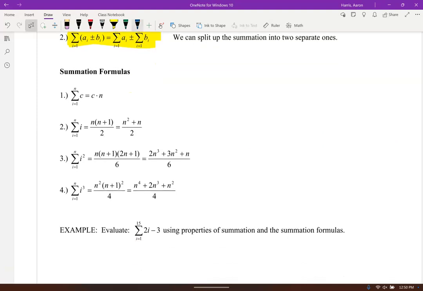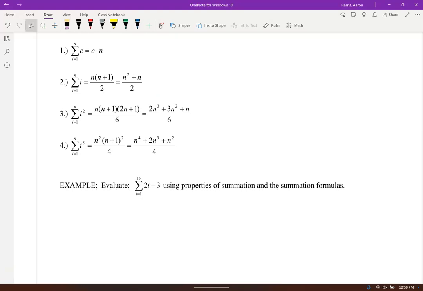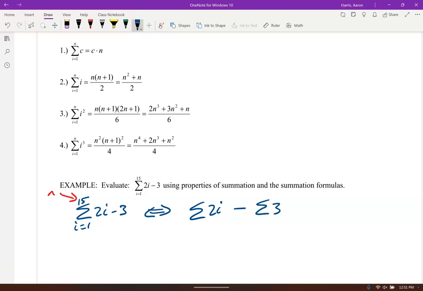And let's go here and use these properties and these summation formulas to do this. So I've got the summation of 2i minus 3 from i being 1 up to 15. So this is my n right there, right? Let's use the property that we can split this up. So 2i minus 3. And I'm going to put the 2 in front now. So 2 times the summation of i